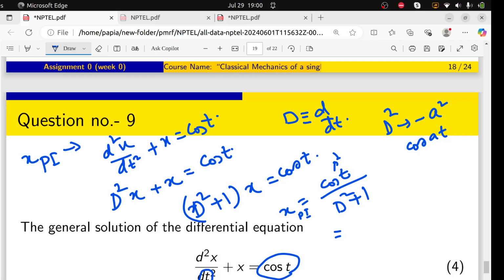So you can see here our cos t divided by D² plus 1 will have D² replaced by minus a², that means minus 1² which is minus 1, plus 1. Now we can see that this is coming as 0. But something divided by 0 is undefined, right? This is undetermined. It will give us an infinite value. So for this case,